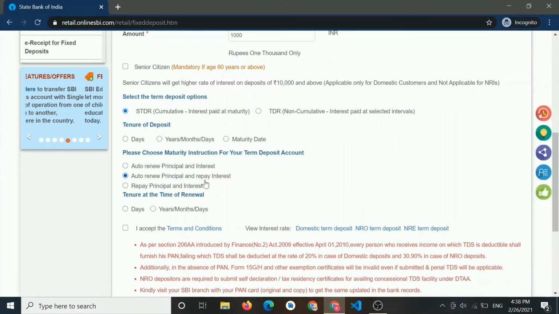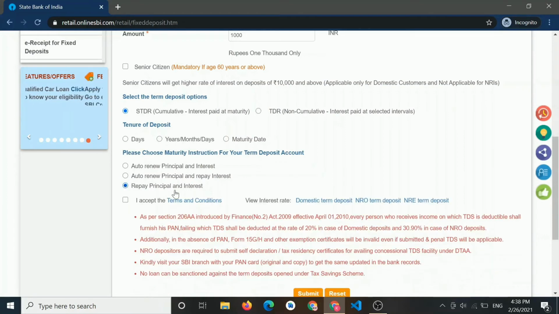In this option interest will get credited into your account, and the new fixed deposit will get created, whose principal amount will be the same as the previous principal amount. And third option is repay principal and interest, in which the whole maturity amount will get credited into your account.